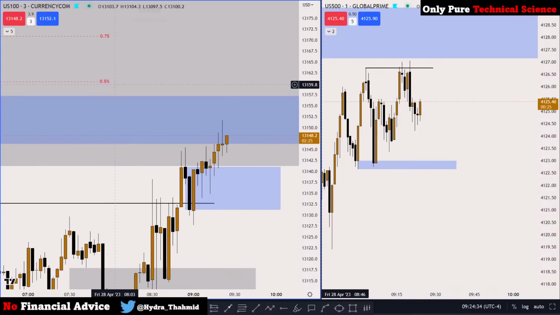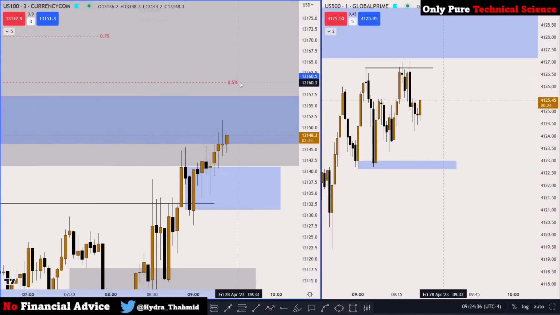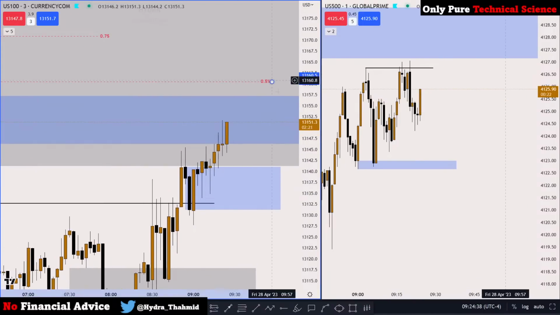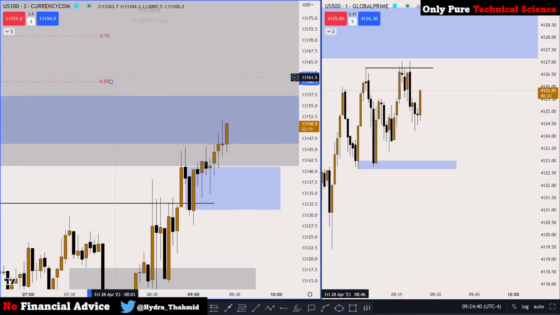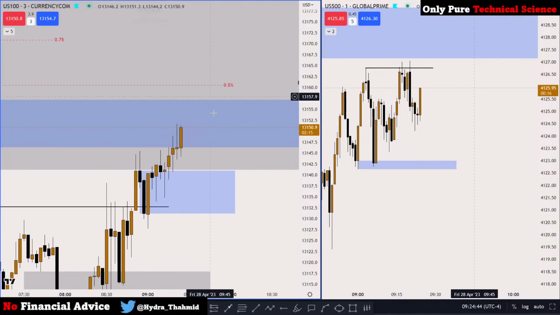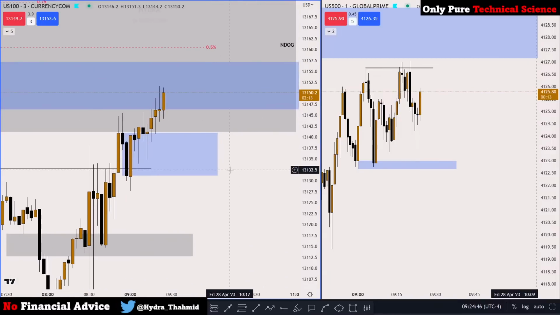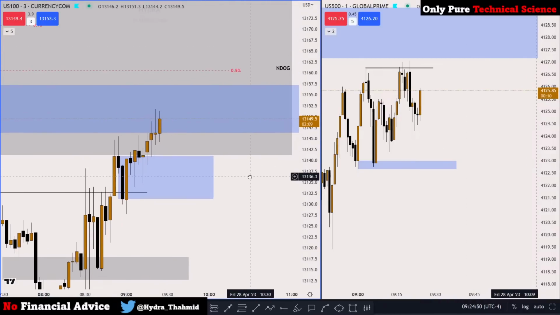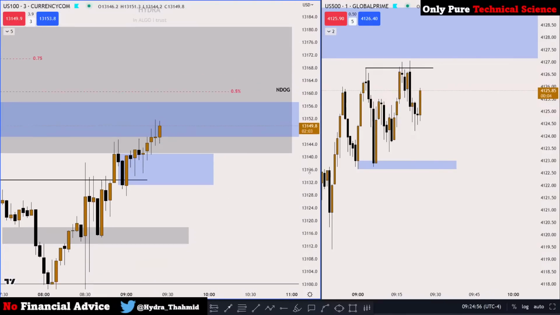But I will have a strong confirmation if price comes up and taps into this midway. Then I will have a clean confirmation and I will take this trade on my live funds if it does that, and if price is showing willingness to reject towards the sell side after hitting the midway of this new day opening gap,